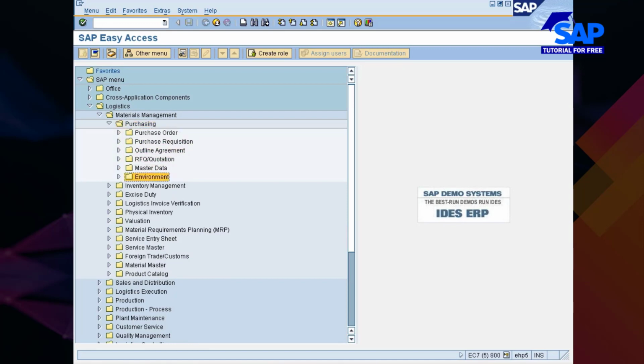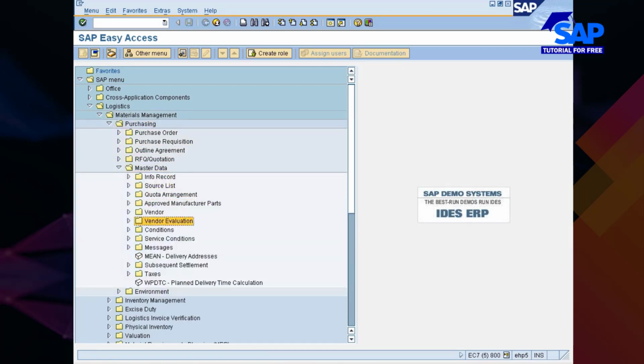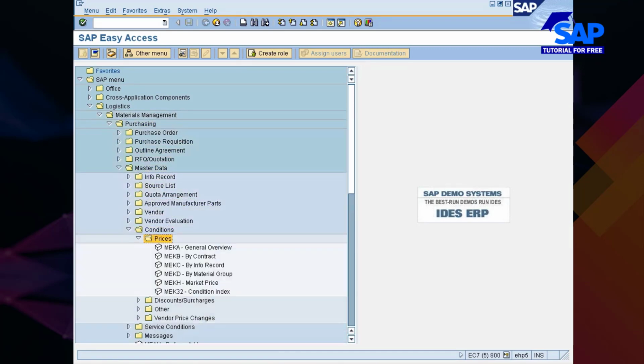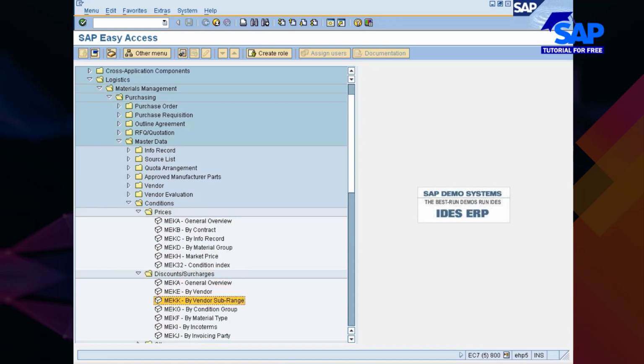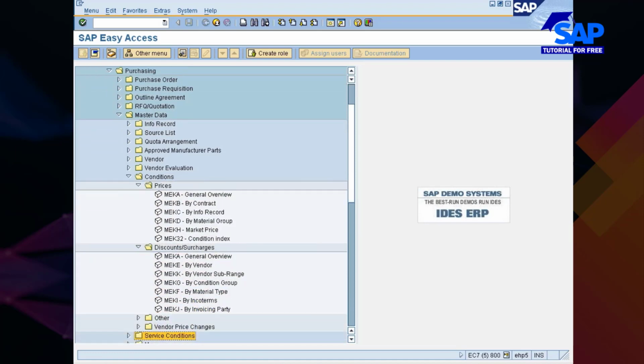If you go into it, under master data, you have conditions, prices. You see here, discounts and surcharges by vendor, by sub-range, by condition group, by material, by Incoterms, by invoice party.